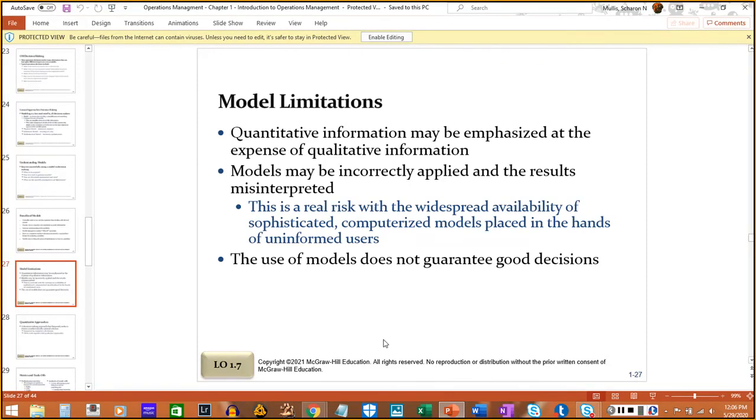All right, so some limitations of models. Quantitative information may be emphasized well over qualitative, so quantity over quality. Math models depend a lot on data. The quality of that data is very important. If you get junk data,